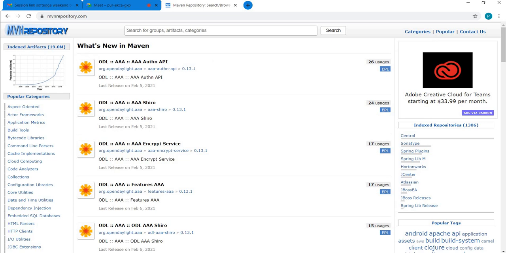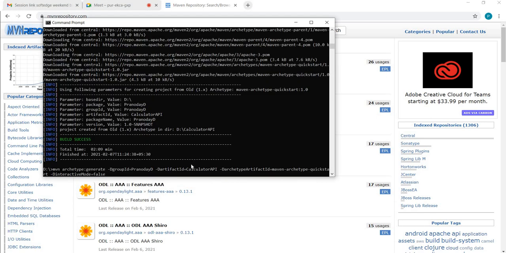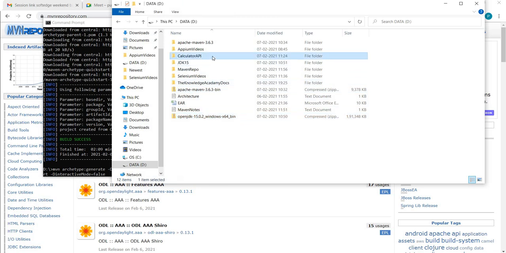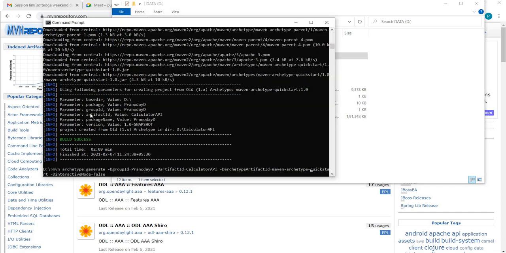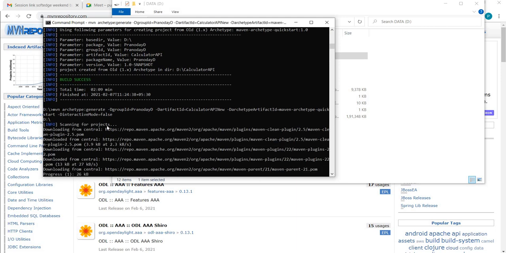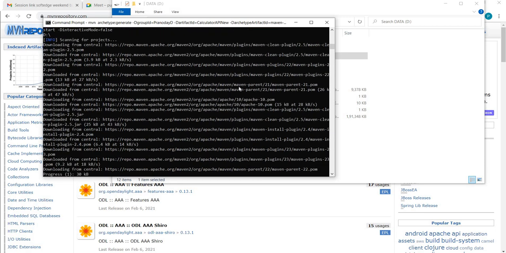Now if I run this command for creating the project, let's delete the project, or I'll just rename it instead of deleting, because I want to get it created again. Or let me not disturb this project. What I'll do is, in this command I'll just simply change the name of my artifact ID. This is the name of the project with which the directory gets created, right? So I'll simply say new here and I'll hit enter. Now Maven is again doing the downloading. You can see this is the HTTP request it is performing.